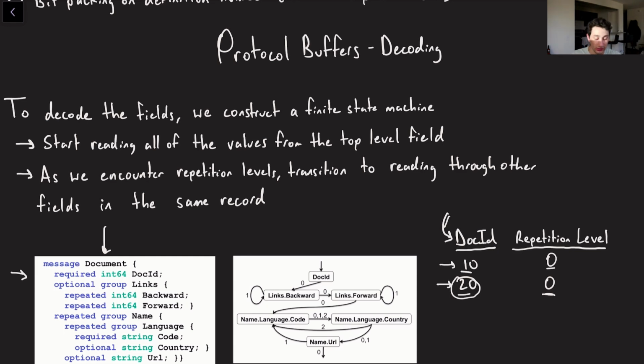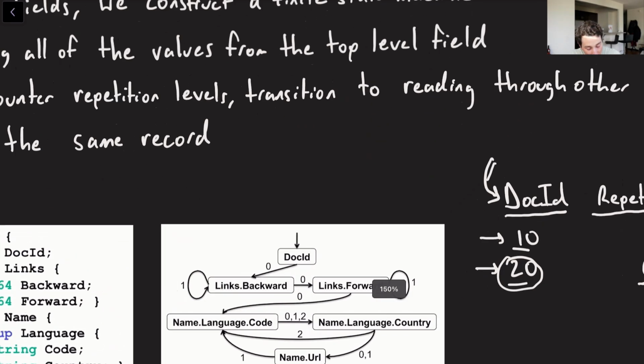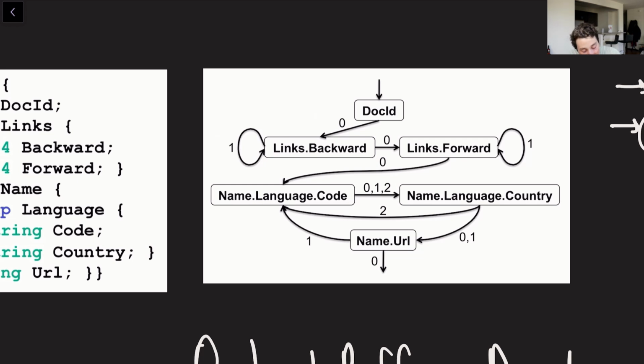And so we build out this finite state machine that actually uses the repetition levels to very conclusively and deterministically tell us exactly which field we should be reading based on the repetition level of the next field that we're about to read. So for example, I'm going to switch my color to black here because now we kind of want to zoom into this finite state machine. If I'm starting at the document ID field and I'm reading it out, and I see the next document ID field has a repetition number of 0, it means this is clearly the next document ID of the next record. So I want to go ahead and switch and start reading my links.